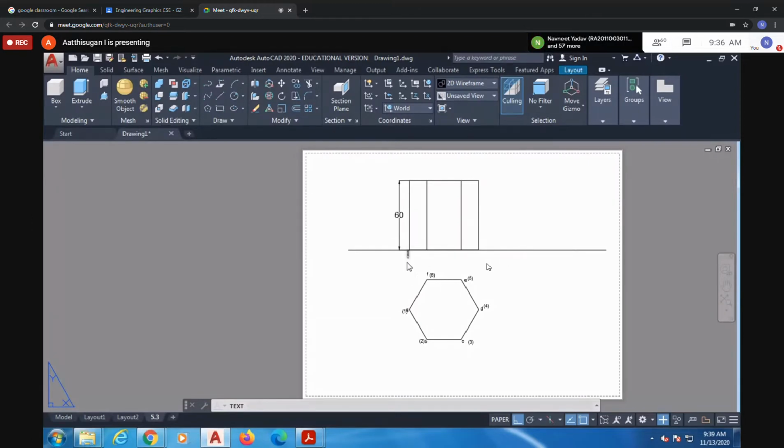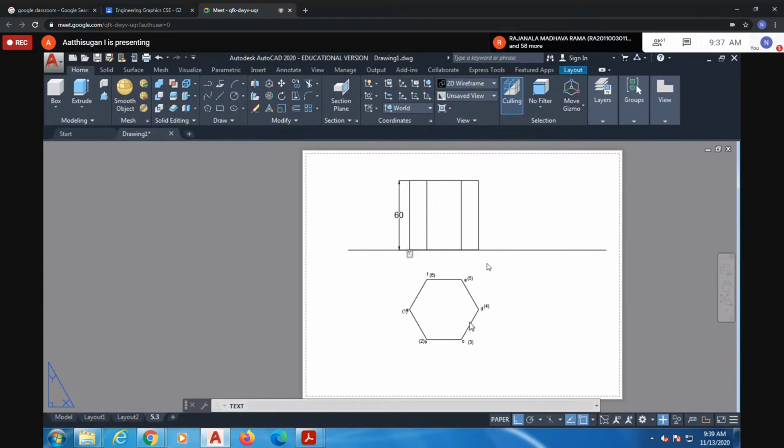So what is the label for this point? A or 1? One, sir. Yes, 1 dash. Very good. The top I told only ABCD. The bottom I can give labels as 1, 2, 3 and so on, so that's why I gave them within a bracket. But here, don't worry, it is from the top, so you give 1 dash. Don't give the bracket.